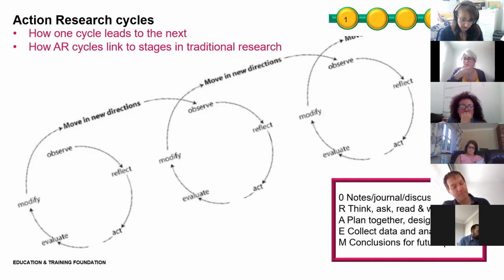So a really fundamental concept in action research is the iterative nature of this. And then my second bullet point there in red is emphasizing how you can think of where traditional research of literature review, or forming your research question, literature review, collecting data, analyzing data, writing it up, kind of fits into these cycles as well. That's a useful exercise to do, because we are doing kind of hybrid. We're kind of doing both. We're using some traditional research approaches within an action research cycle method, if you like.